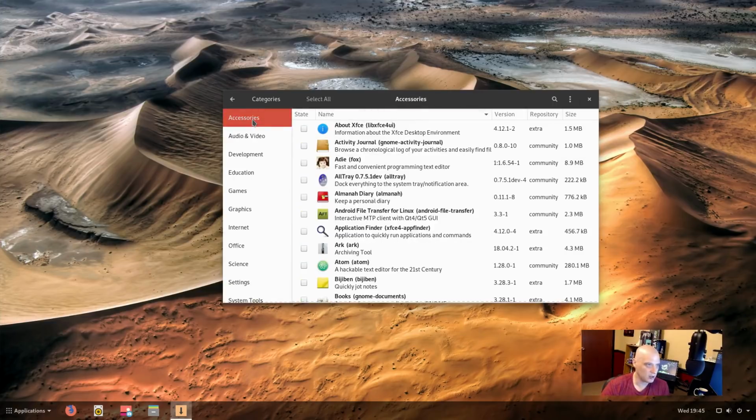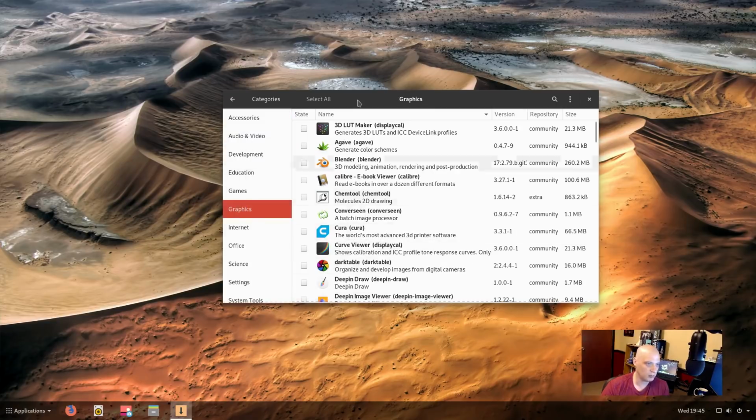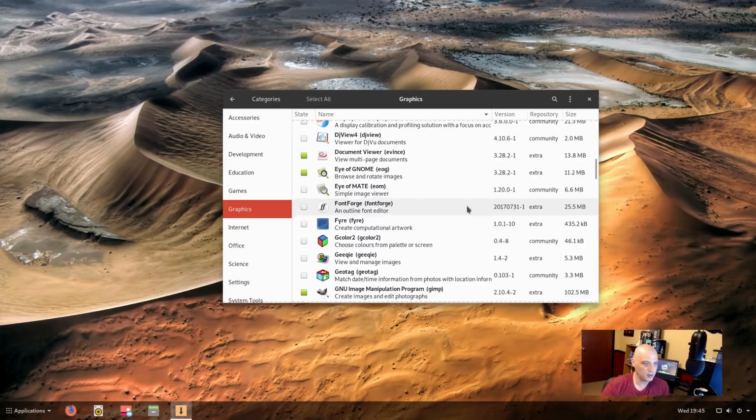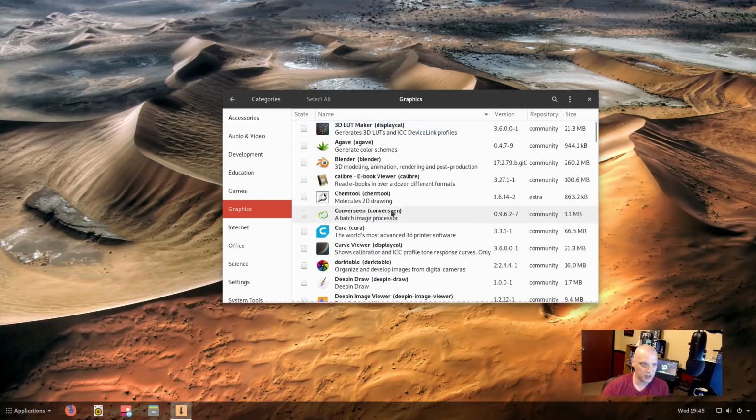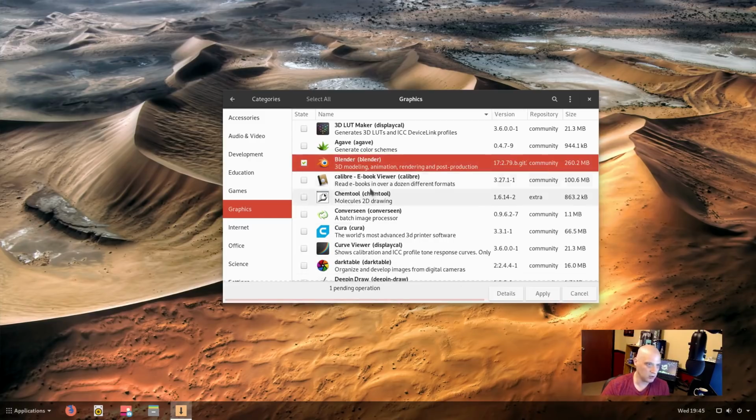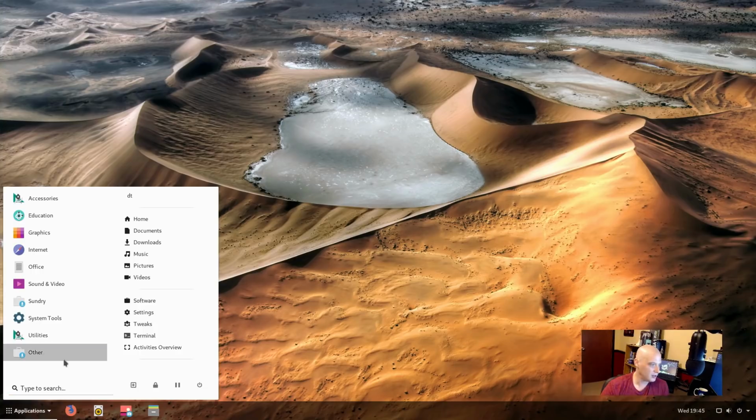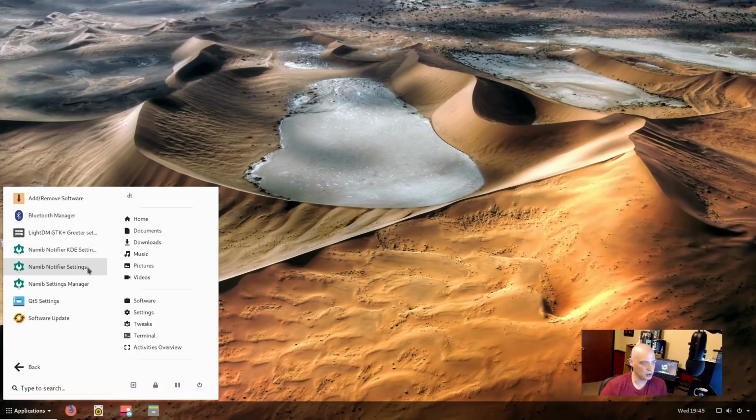You can search by category, click categories, and search for whatever. I can go to the graphics category, for example, and it will show everything that is available as far as graphical applications. For example, if I wanted to install Blender, I just click Blender, hit apply, and Blender would begin installing. I don't want to install Blender in this VM, but that is how you would use Pamac. Really easy, really intuitive. We have our Bluetooth manager, LightDM Greeter settings, the Namib Notifier KDE settings, Namib Notifier settings,